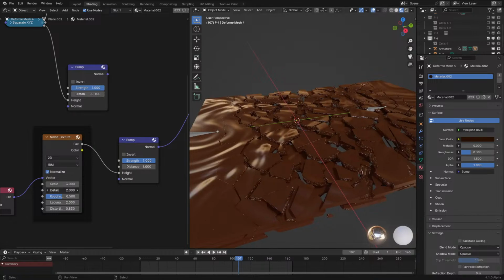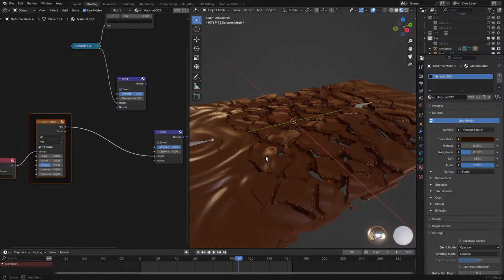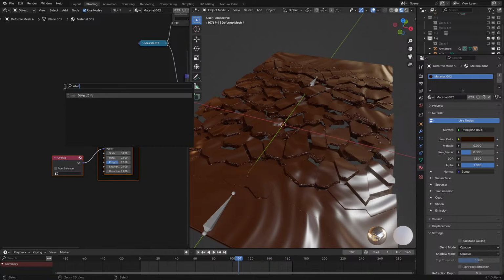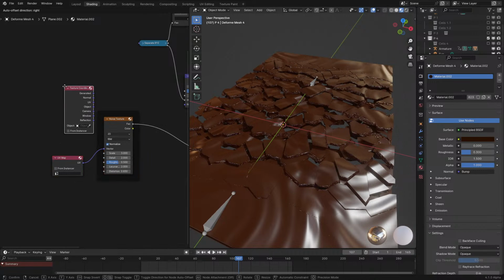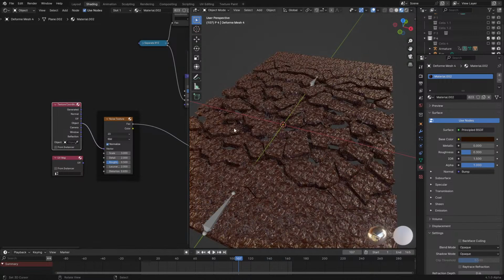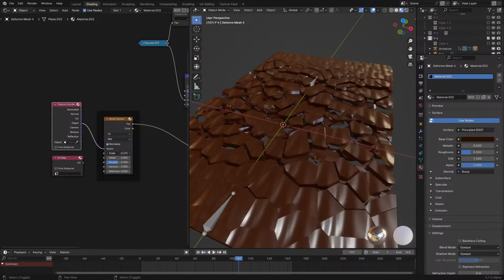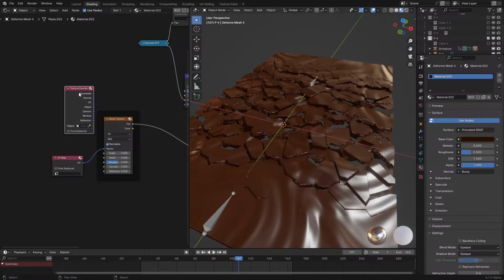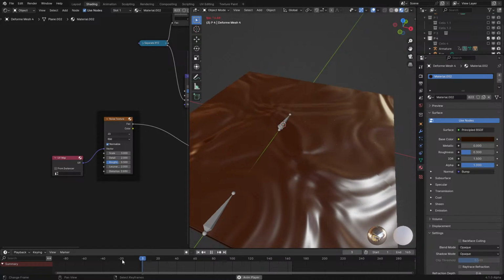Ooh, that could look really, really good. Not like that, though. I have a plan for that. I can change this to be on the object, no, on the texture coordinate object input. There we go. Ooh, dang. Just need to scale that. Well, actually, no. The UV map would be better because it's consistent whether it's, you know, where it should be